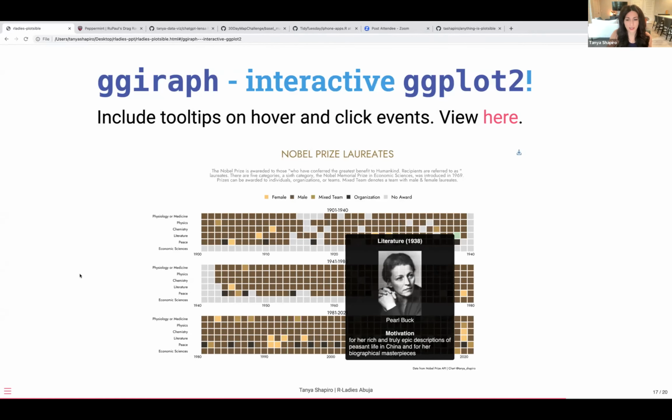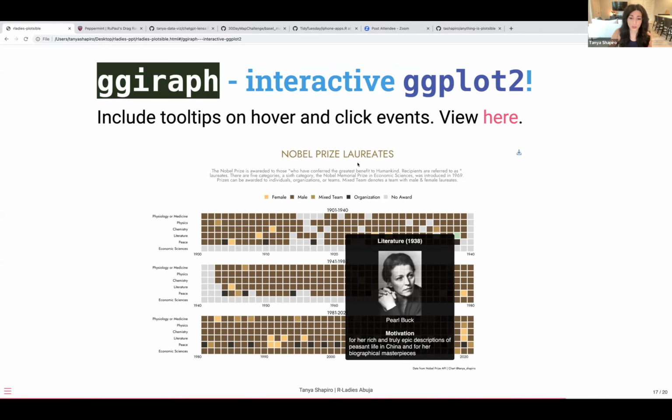All right, and last but not least, for interactive plots, because I love ggplot so much, I wanted to figure out if there was a way that you could make it interactive, and there's good news. There are different ways you can turn your ggplots into interactive visuals. One of my favorite ways to do that is with a package called ggiraph. And essentially what it's doing is there's interactive counterparts for those geoms that let you do different things, like create